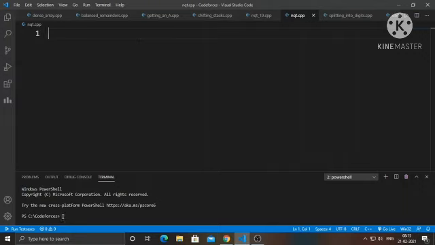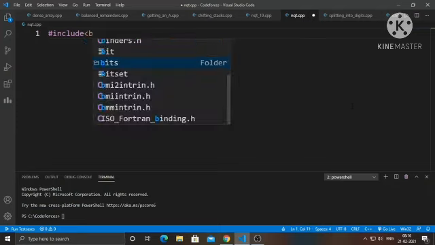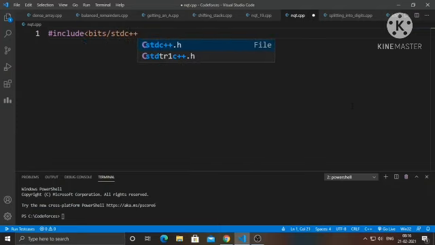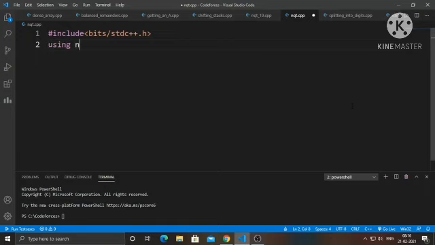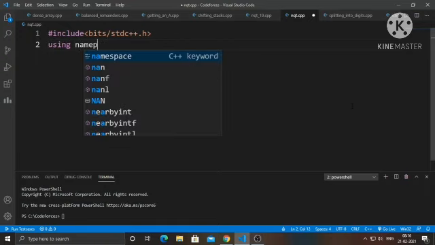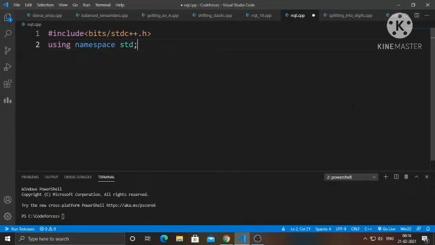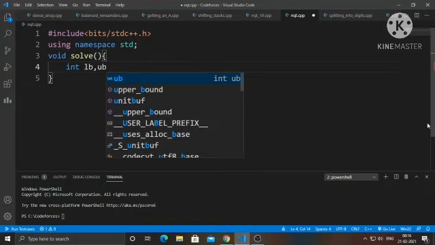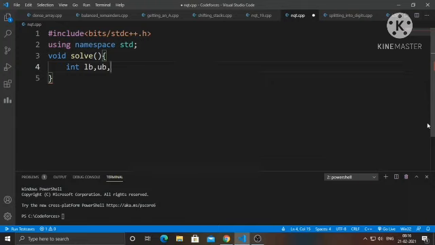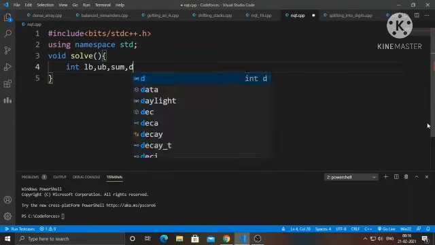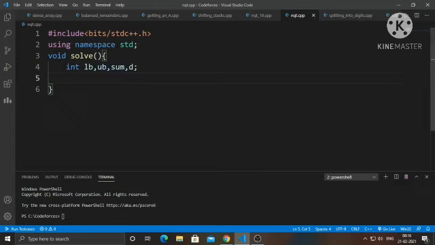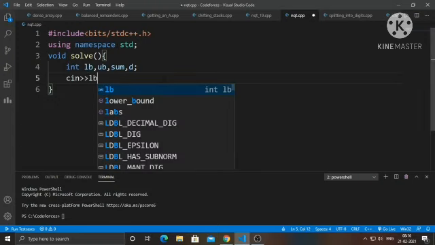So I have come to my VS Code editor. Now I will code. Now I will declare the numbers. Now I will take input of lower bound and upper bound.